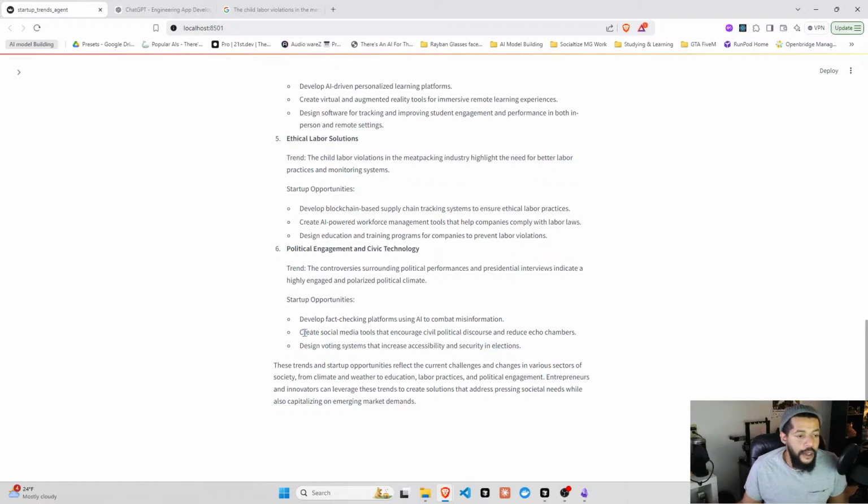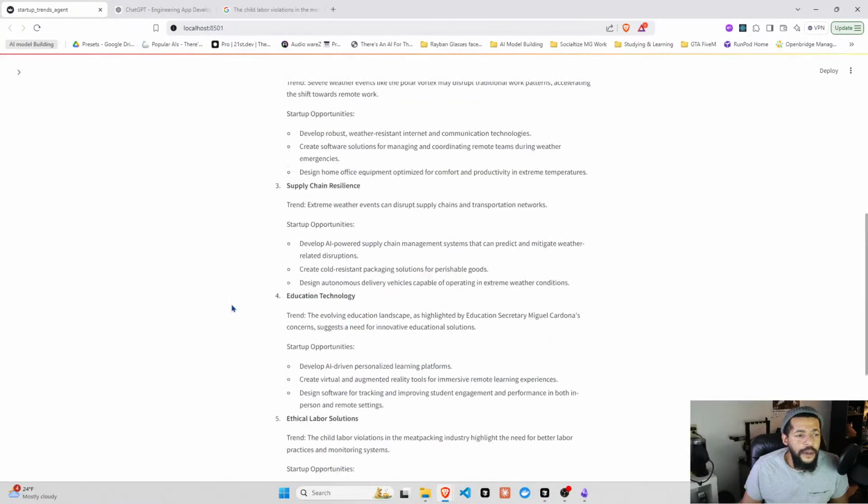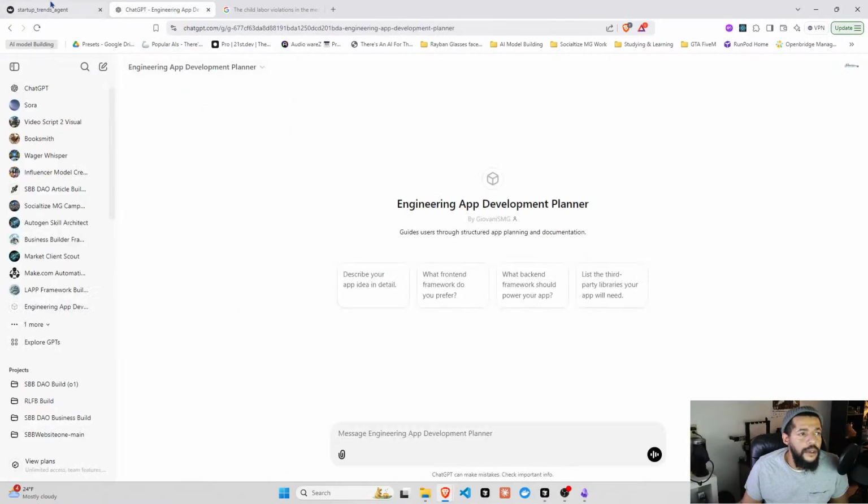There's something dope right here. I like this. Create social media tools that encourage civil political discourse and reduce echo chambers. That's a good word. I like that. Design voting systems that increase accessibility and security in elections. Yeah, this right here, good. Create social media tools that encourage civil political discourse and reduce echo chambers. I kind of like that. That's something that's real good. All right, so